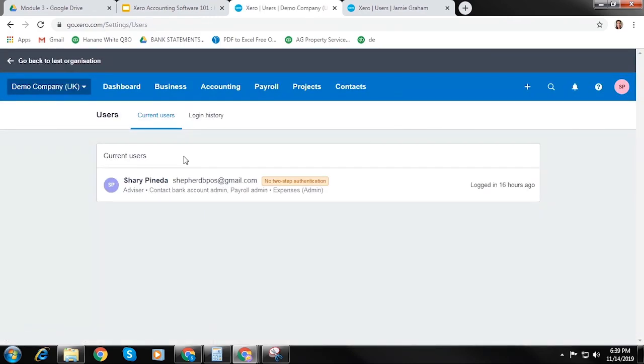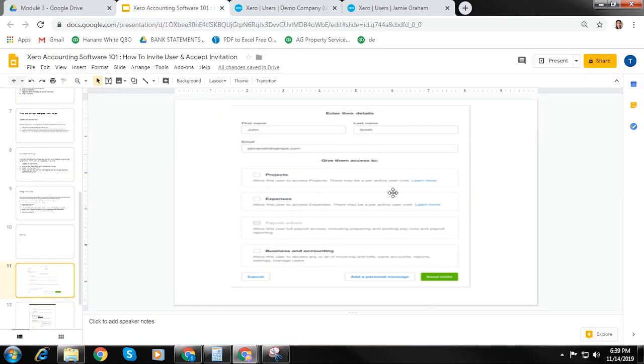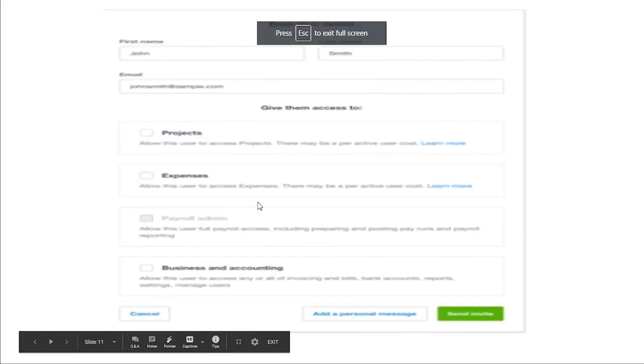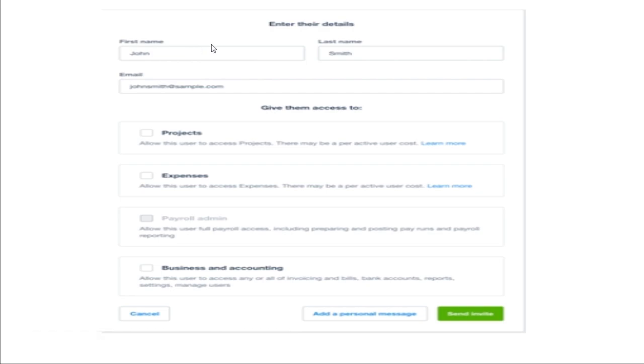In this part, you could actually invite users, okay? Since I'm already a user here, I'll just show you what it should look like. It should look something like this one. You have to enter the details of the person you want to give access.